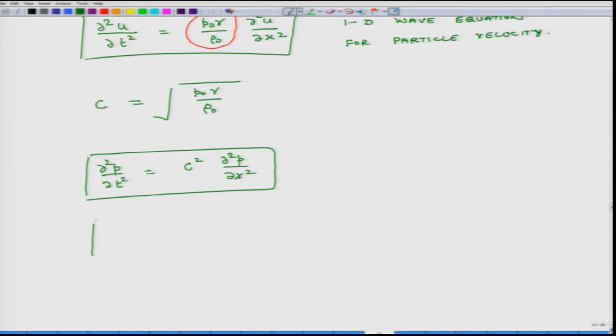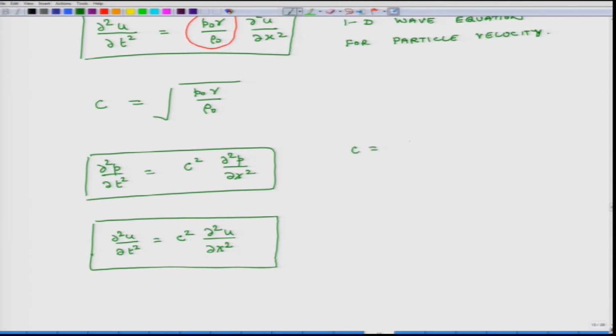and similarly for velocity, particle velocity, our relation is second derivative of u with respect to time equals c square times second derivative of u with respect to x. Now, we have said that c equals the square root of P naught gamma over rho naught,